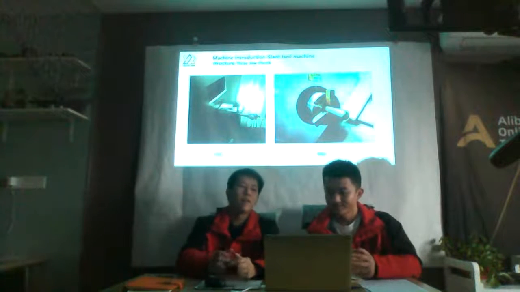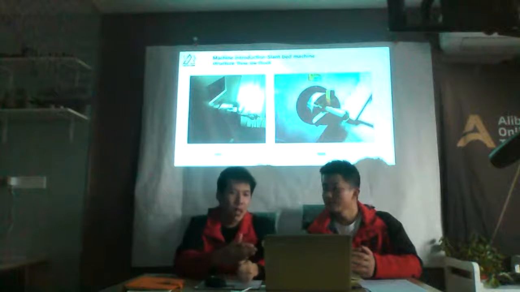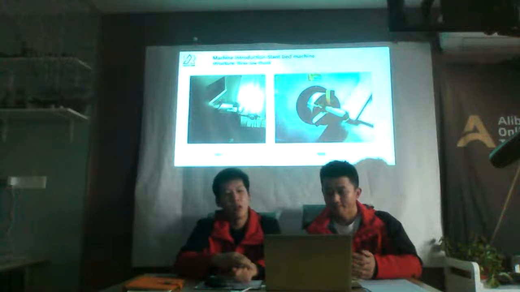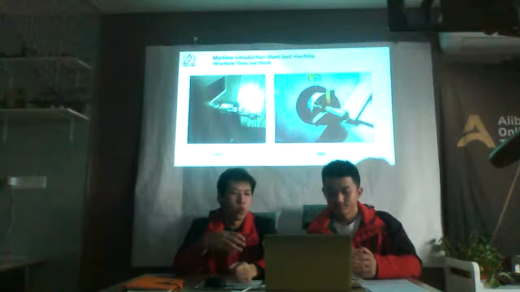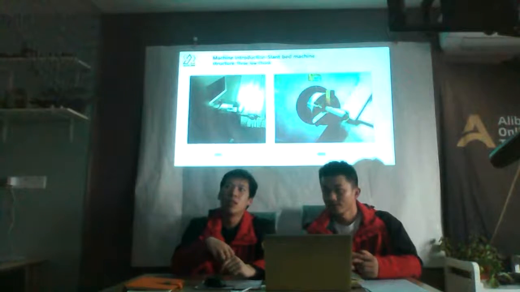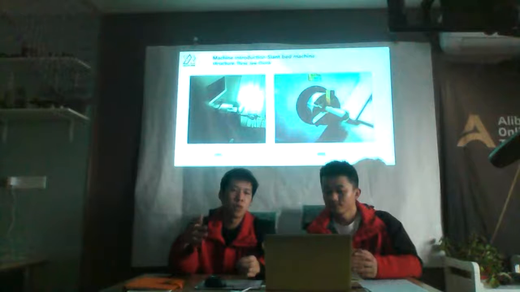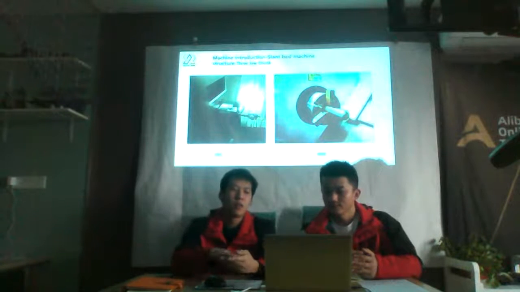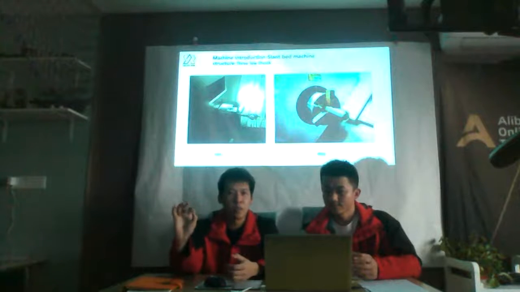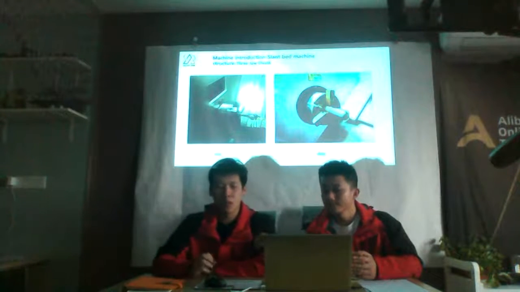Yes, we have besides the three-jaw trunk, which is the most common type, and we also have some special designed spindle trunk with four jaws, but it's only for some very special design product, and we can give them the four-jaw trunk. But besides this one, very rare to see in the market. Besides the spindle three-jaw trunk, we also have